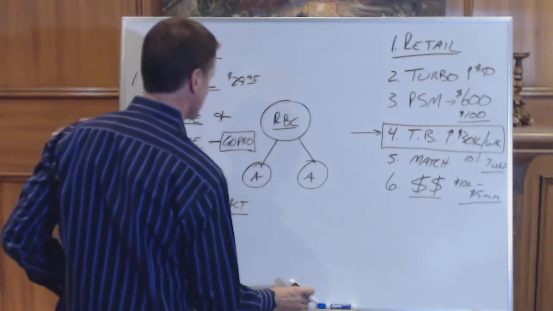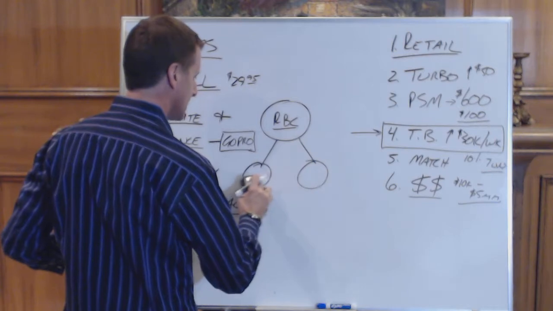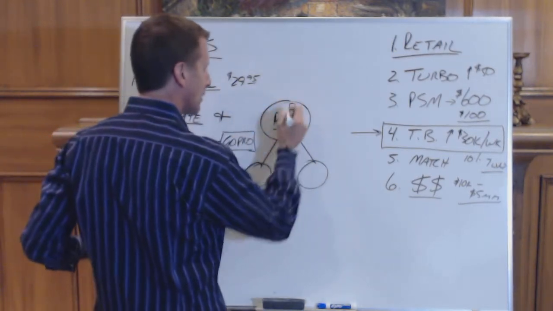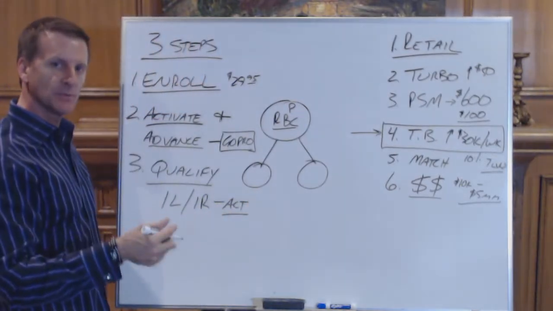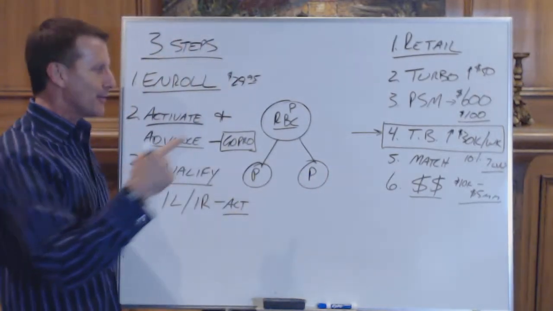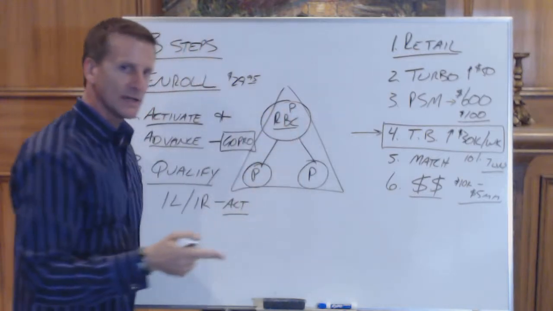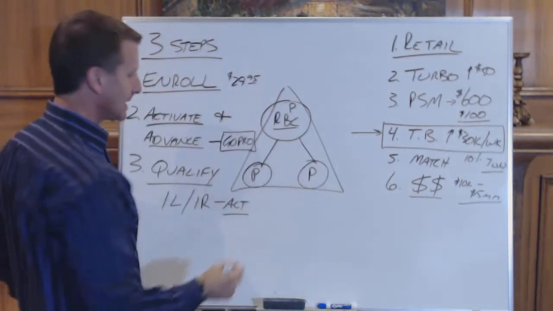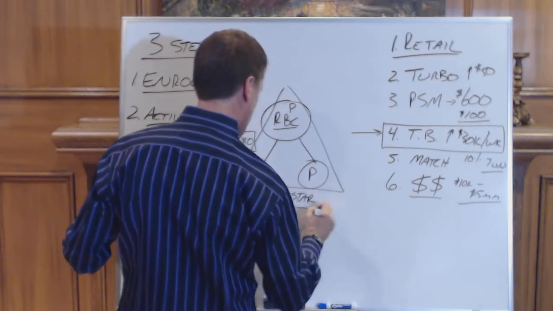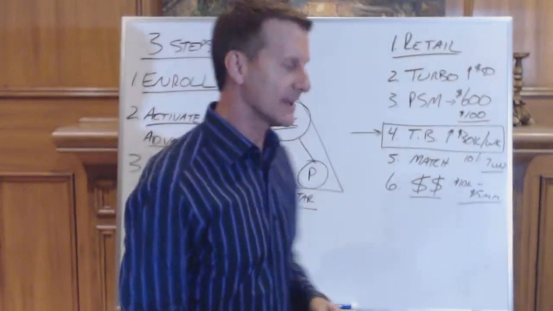However, I'm going to show you in just a little bit the way you actually drive the plan the most successfully is that not just being active, you focus on going pro as fast as possible or starting there, and you focus on getting people to pro. That activity right there, becoming pro as quickly as possible and getting a pro on the left and right, this creates a status that we call being a pro star. That right there is what drives the entire plan, and I'll show you that later.